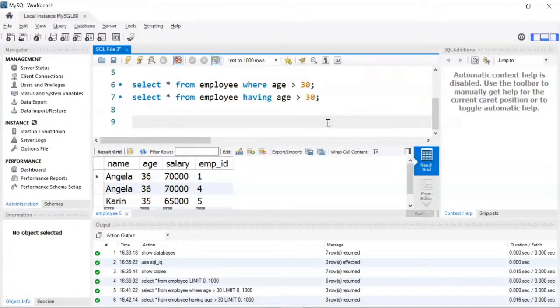Now let's say I want to find all the records where the count of age for all the employees is greater than 1. In this case, I can't use a where clause. It will throw me an error since where clause cannot be used with aggregate functions. So let's try using an aggregate function in the where clause. So I'll write select star from employee